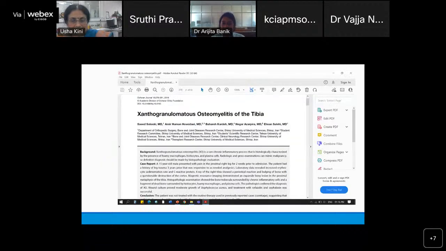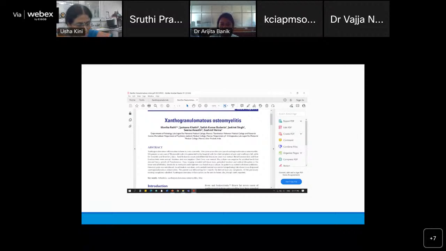So there are a few interesting case reports for someone to know that it is like xanthogranulomatous osteomyelitis. Another way to look at it is whether trauma led to the xanthogranulomatous response, because there is a little bit of fat necrosis over there. Anyway, that was very good, Arshita, for your participation in this.